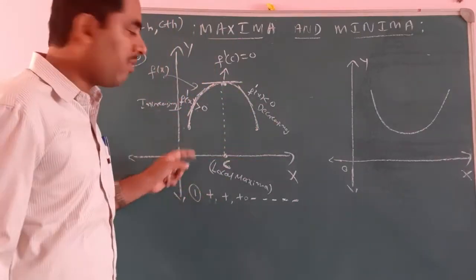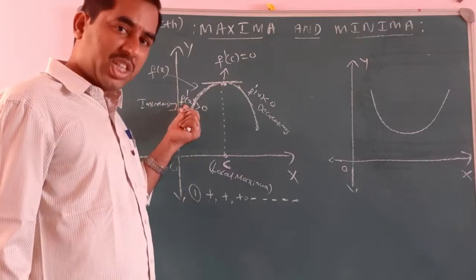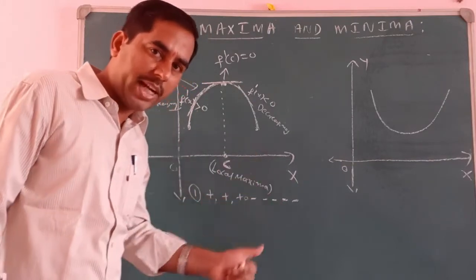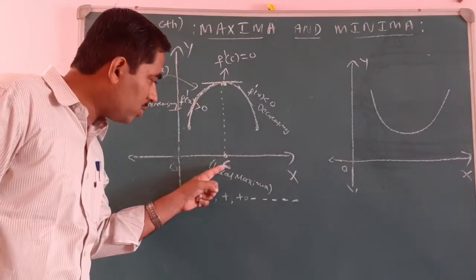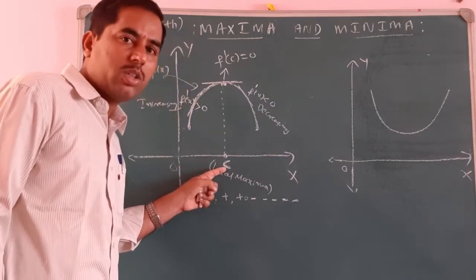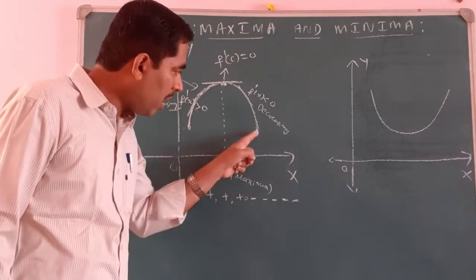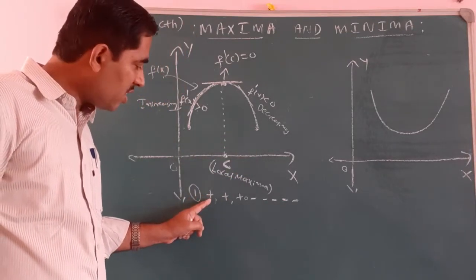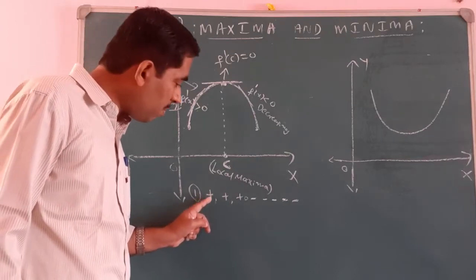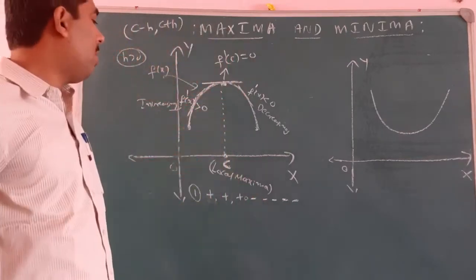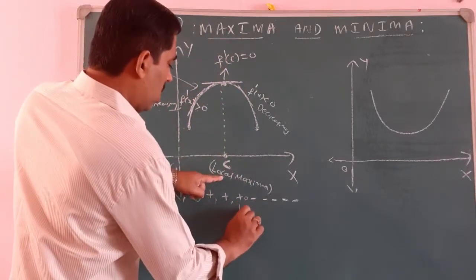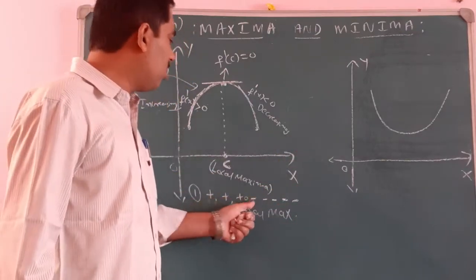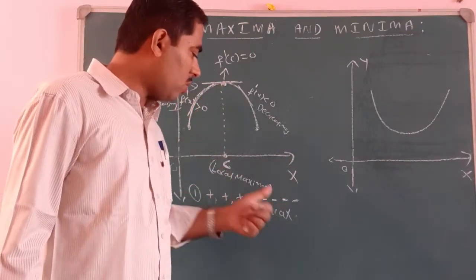One point we notice from this graph is that the sign of the derivative changes from positive to negative as x approaches through the values. I am talking about the left side of c and the right side of c up to this point. So if the derivative changes its sign from positive to negative, then the point is considered as local maxima. This we have to remember. Positive to negative, then we get a point called local maxima.